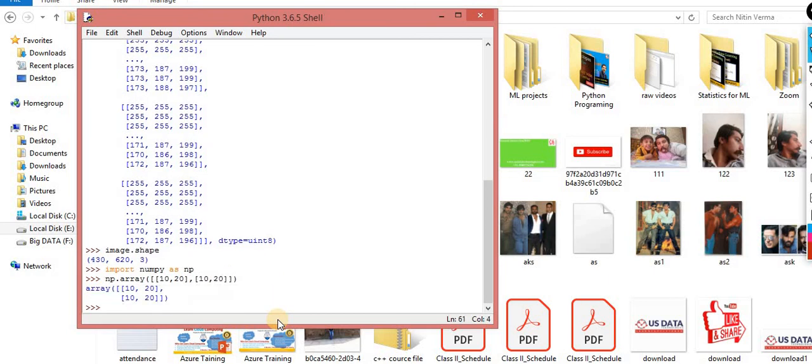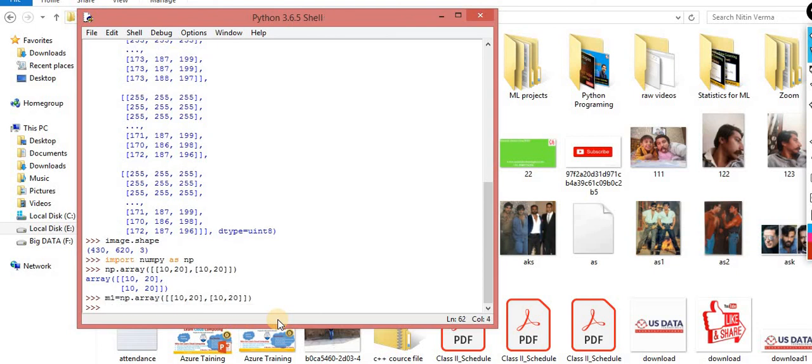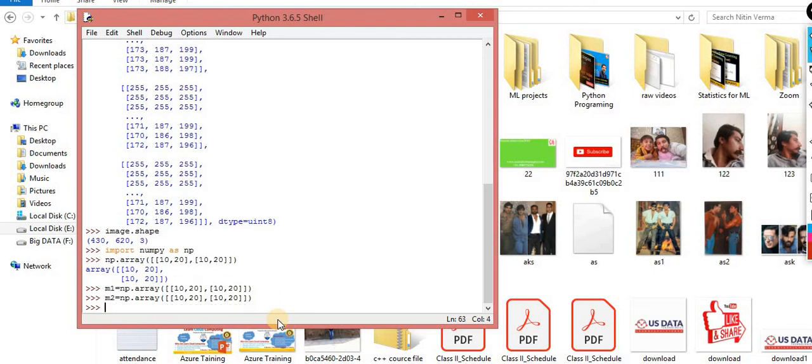Okay, so this one is the array, the numpy array. Now automatically you can understand the data is converted into rows and columns. So this one is matrix 1. Okay, I am taking a matrix 2, so this one is M2. Again the same: I want to do the matrix multiplication.